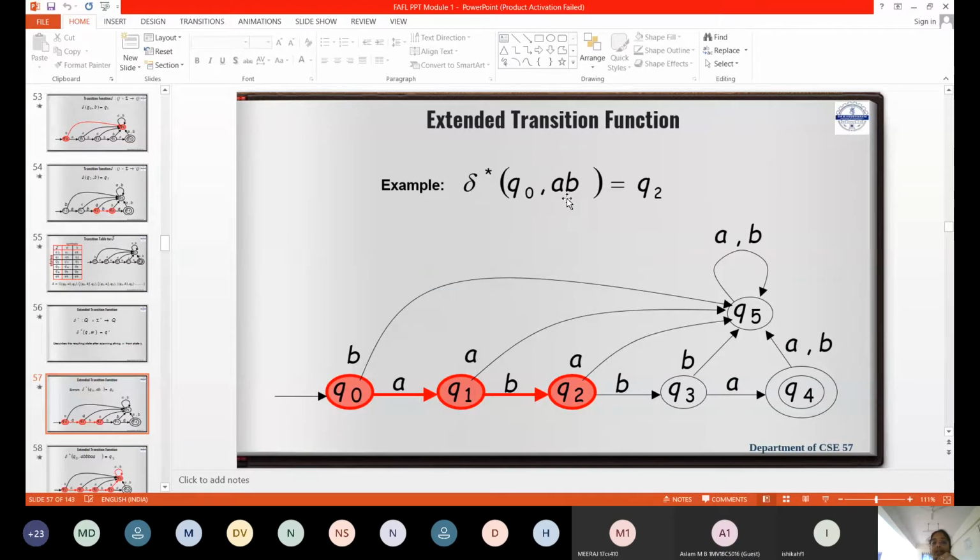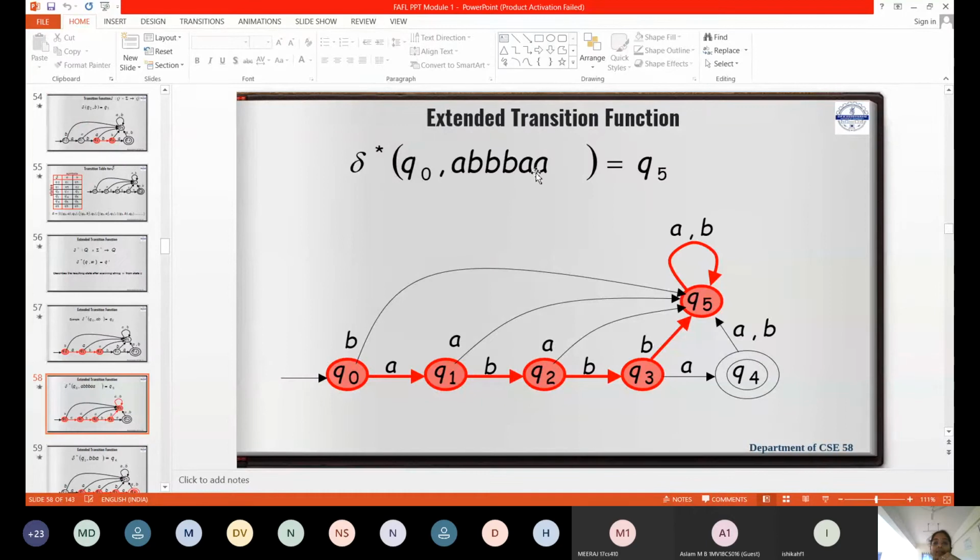At the end of the extended transition function, when you reach the input end marker, this is the empty thing, epsilon or input end marker, you have to be in the acceptable state. Okay. Now ABB, BAA, right? See, you refer to your prescribed book or Padma Reddy book, how extended transition function has been written.